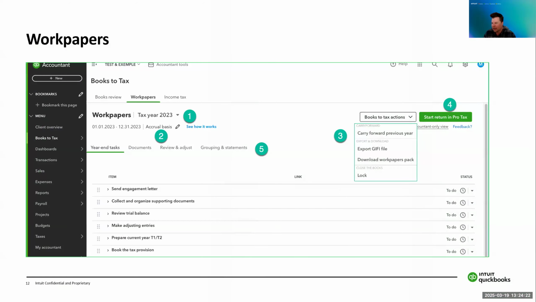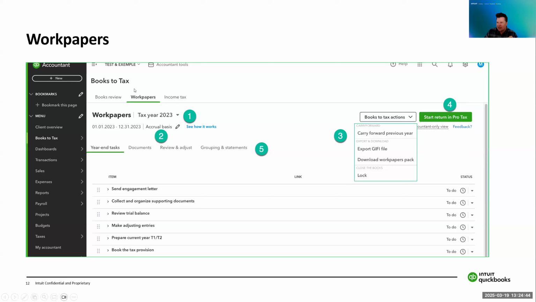Okay, so this is what it looks like. On the left-hand side there, we have QB Accountant. We are in the client file here called Test and Example, with example spelled in an interesting fashion. So this means we are in the client's QBO file.